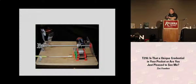What's the American version of Heath Robinson? The guy that makes all... Yes, Rube Goldberg. In the UK we've got a guy called Heath Robinson that makes shit like this, or draws shit like this, and you've got Rube Goldberg. So this...